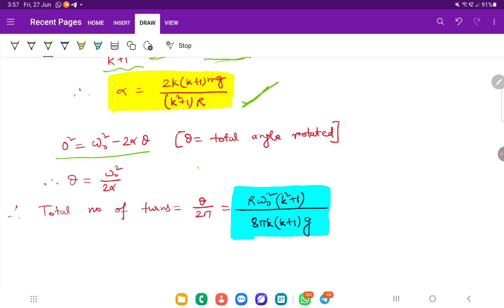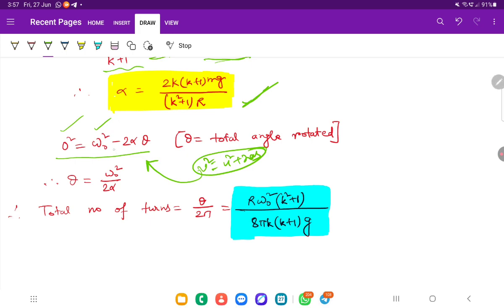You use for 1D, right, that v square equals u square plus 2as, and it is just the equivalent equation in rotation, right? So final state, the angular velocity is 0, so it will be 0 square minus omega naught square, where omega naught was the initial angular velocity,